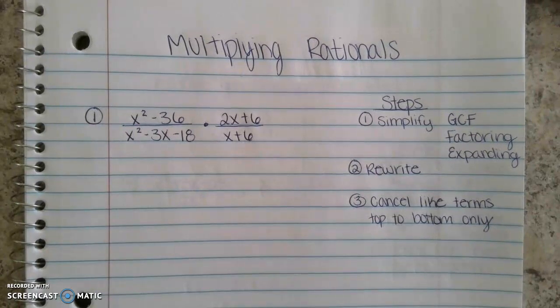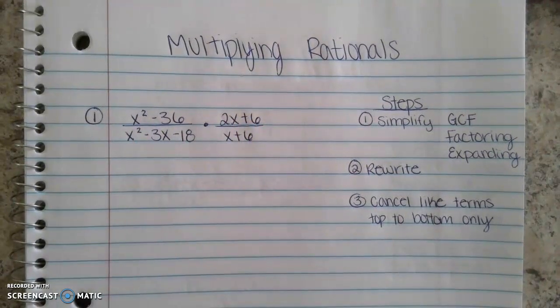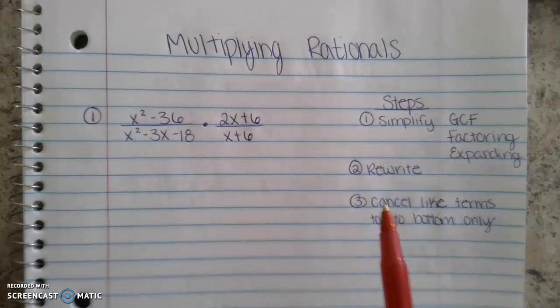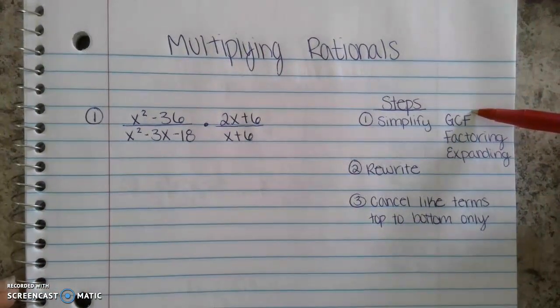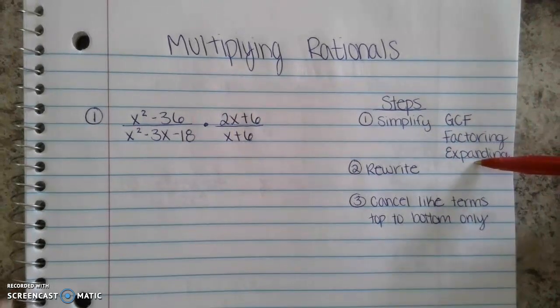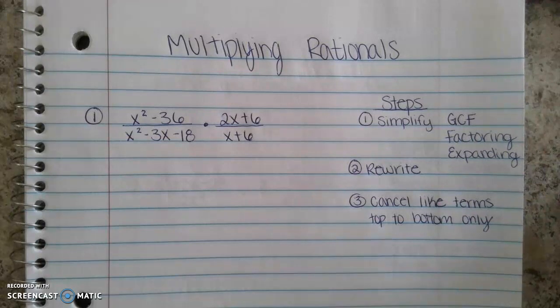So looking at our material here, some of you are probably looking at this first problem and you're starting to get a little bit intimidated because there's so much here. But here's the thing, all the stuff that we've worked on the past 2 weeks, so finding the greatest common factor, factoring, expanding things out, canceling like terms. These are the skills you guys have worked on the past 2 weeks and you're doing really well with it,